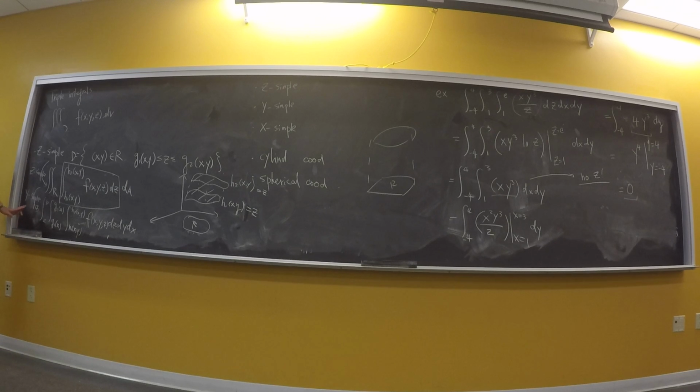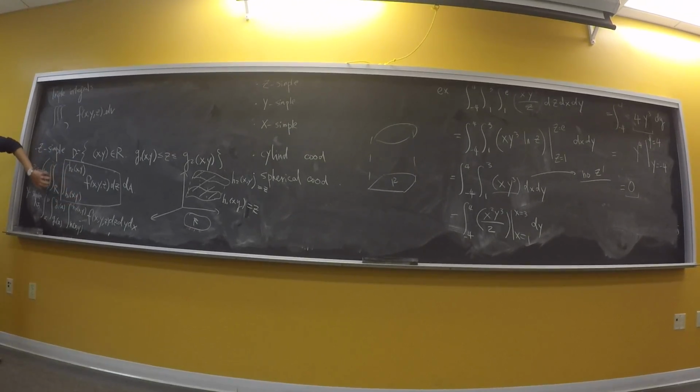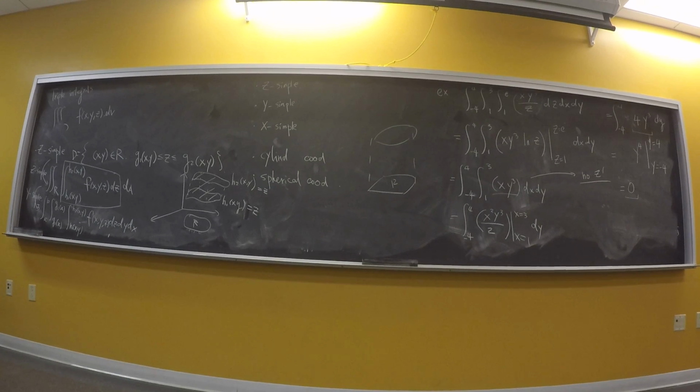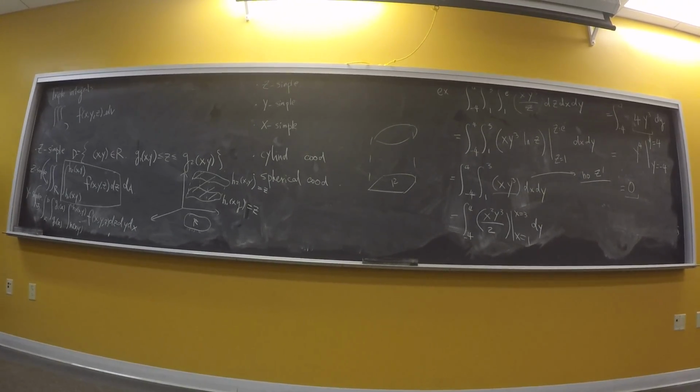You can even use polar coordinates to identify your region on the xy plane as well. So that's why I said in triple integrals, we have to use our skills in double integrals all the time. You have to pair this off step by step. You have to throw away z, and then ask about x or y, what kind of region it is. Okay? If it is a z simple region, you write down these two functions immediately. And then going outside, you have to use double integrals to identify what this projection back on the XY plane is. Okay, so we will practice a lot in Wednesday's class. So spend time